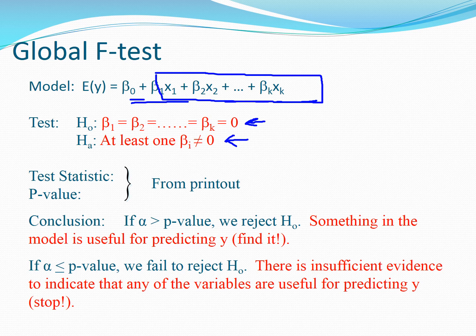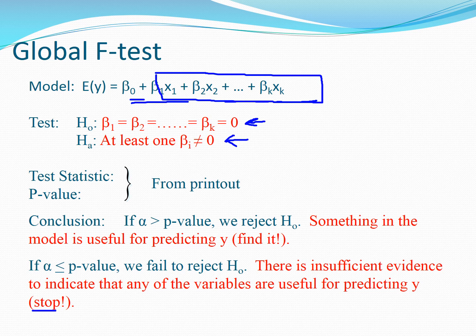Is it X1? Is it X2? Is it curves? Is it lines? What the heck does interaction mean? These are some great questions that we're going to get to. Let's just take it a step at a time here. We're going to do a global F test. If we fail to reject, there's insufficient evidence to indicate that any of the variables are useful. We cannot say that any of these terms work. We would stop,